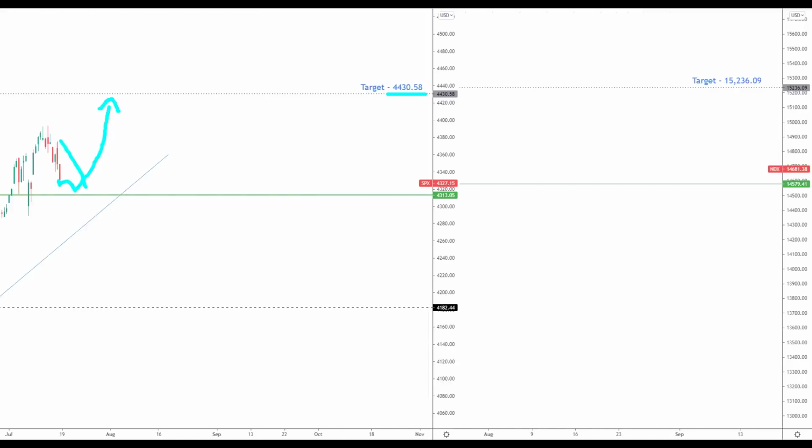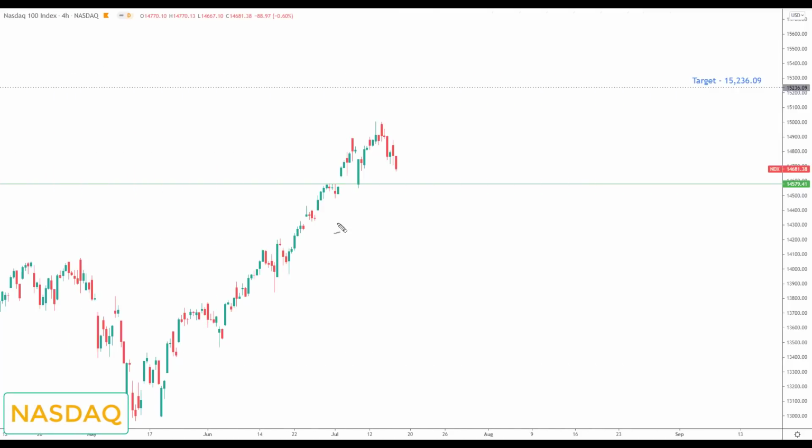The Nasdaq, we're currently structured above the 14579.41, which is the line in the sand for the Nasdaq, so it is still bullish. We did have a sell-off last week, very similar to the SPX, and at the moment I'm simply viewing this as a correction. Any continued pullback in the Nasdaq is viewed as an opportunity to look for further advances into the next key of resistance to the upside and the target set at the 15236.09.